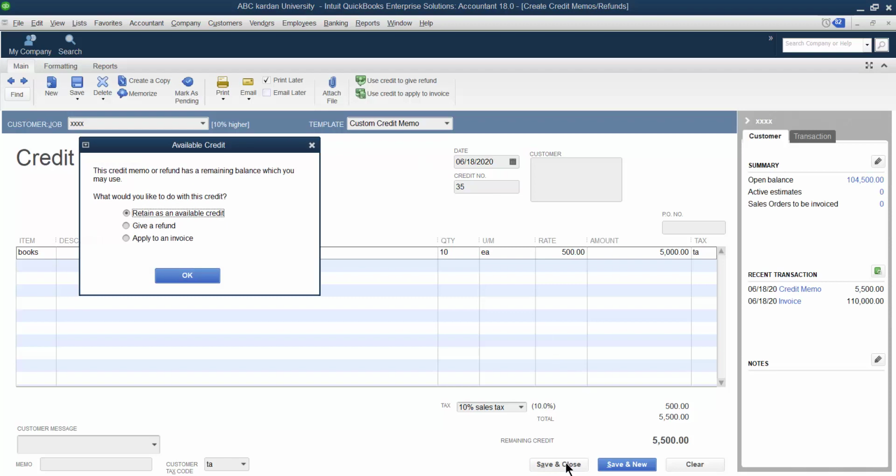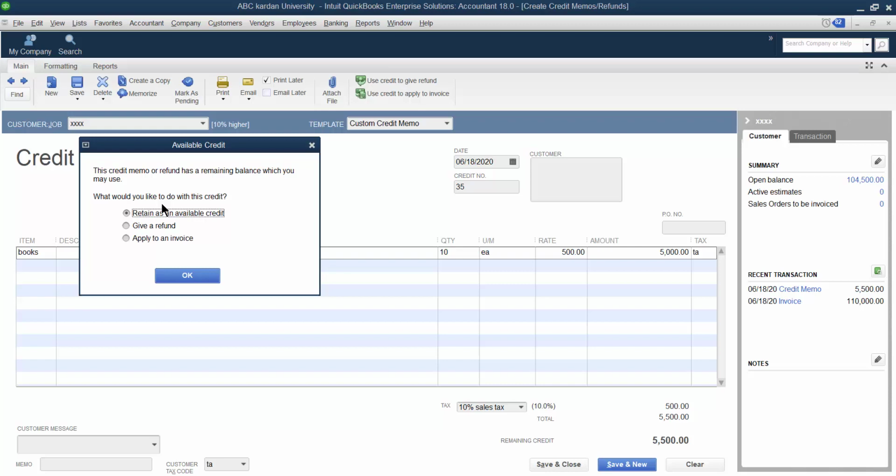Save and close this one. When you click on this one, QuickBooks gives you this warning, available credit. This credit memo or refund has a remaining balance with you. What would you like to do with this credit?